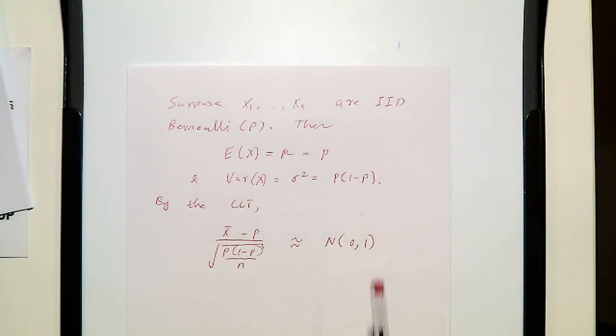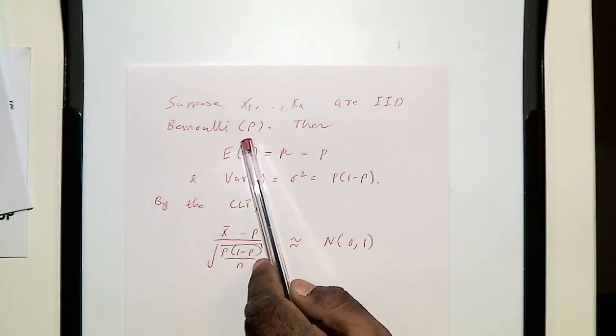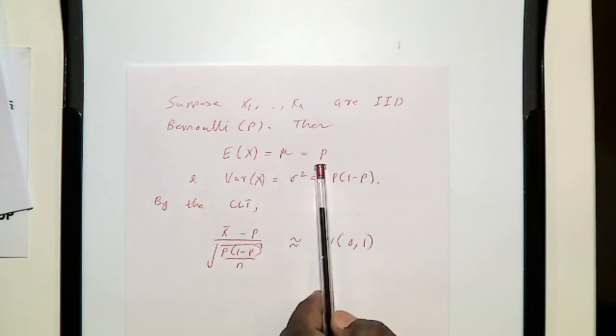Suppose you have a random sample from a Bernoulli with parameter p, then the expectation is p and the variance is